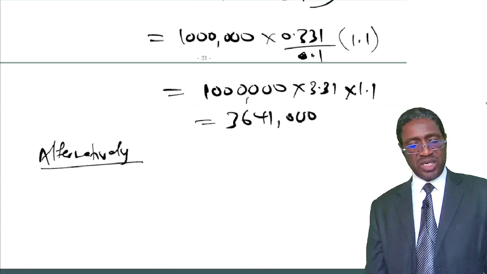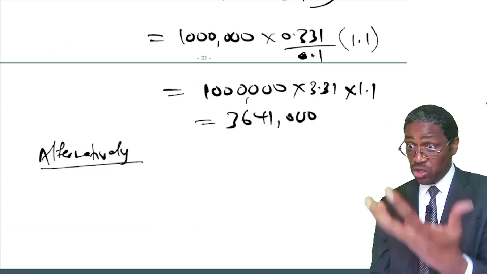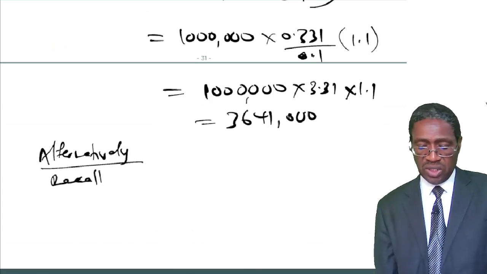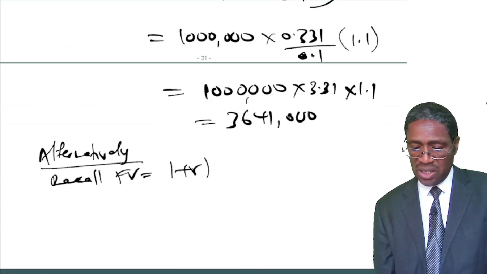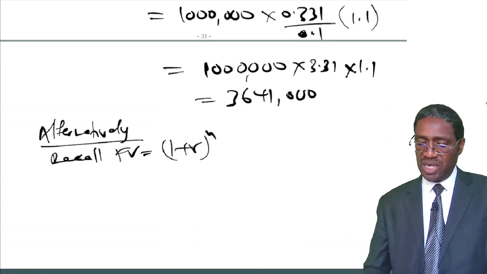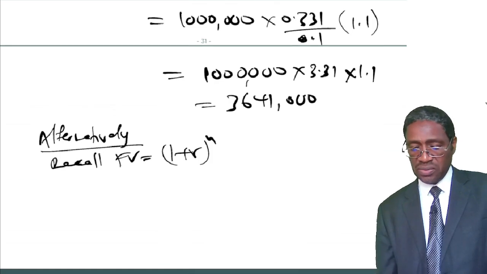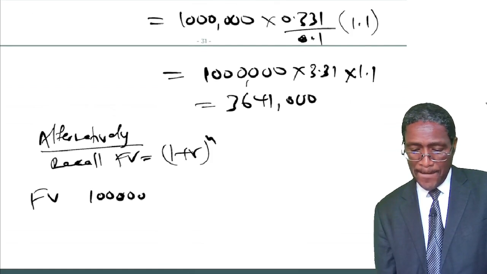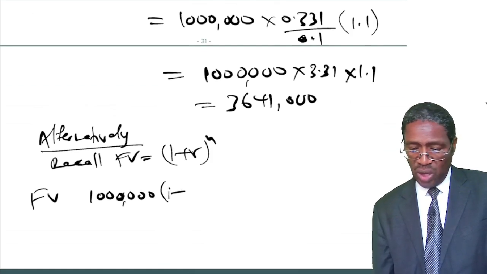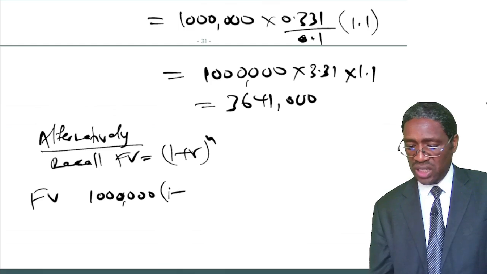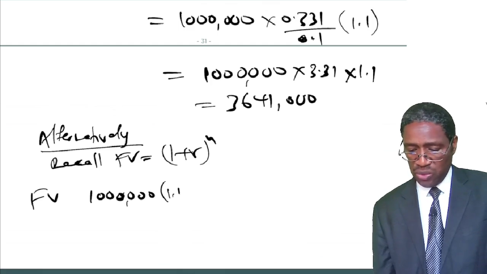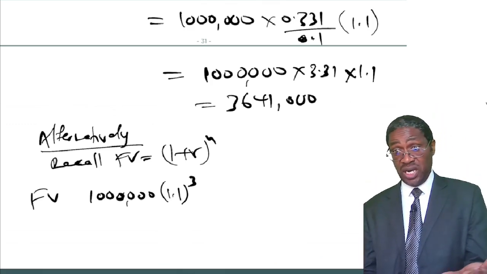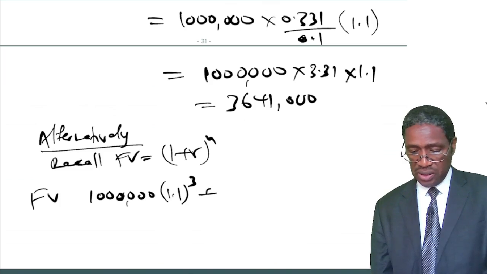Where I told you alternatively, let's discuss the alternative, which I said for a shorter question you can still do. Recall, future value is 1 plus r to the power of n. You come and say, my 1 million future value will be 1 million into 1 plus r, or 1.1, to the power of 3, because you are earning interest for 3 years. Plus 1 million